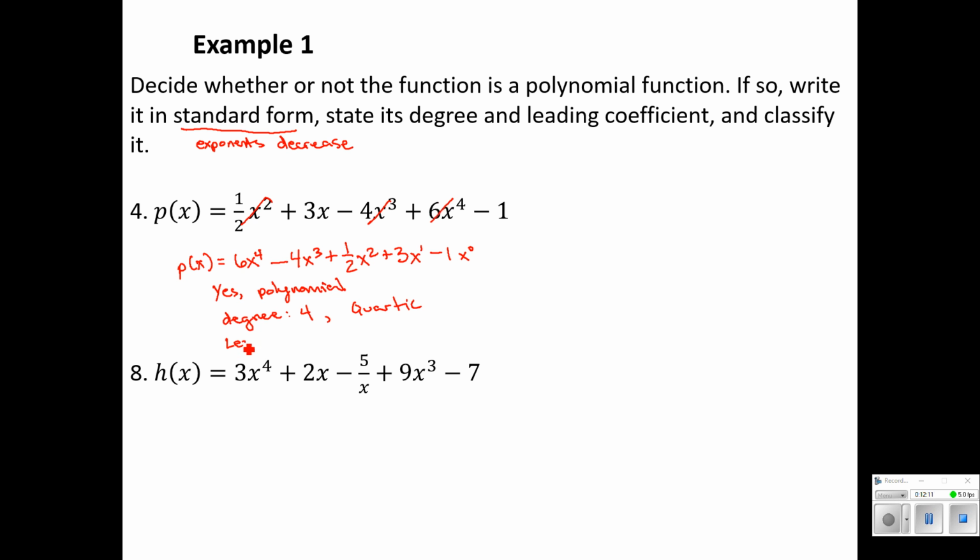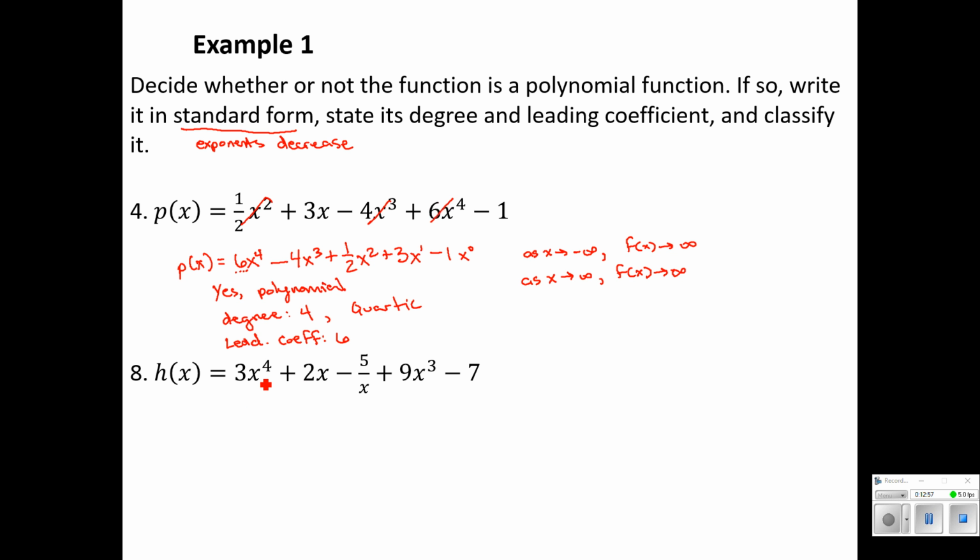And the leading coefficient is the coefficient on that fourth power term. It's a 6. So we would expect a graph of this function to rise to the left, or as x approaches negative infinity, that's saying going to the left, my function's height is approaching positive infinity. And we would expect it to also rise to the right. So as x approaches positive infinity, the height is also approaching positive infinity. Now, they don't ask us for that, but we should know that about the graph and know how to express that mathematically.